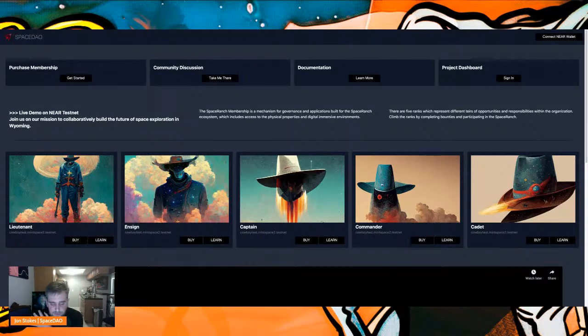With our DAO tooling, we'd like to be able to be that pipeline to create DAO LLCs, integrating with the API that the state is going to be launching soon for their digital assets and DAO LLC creation. With our governance tools that we develop,